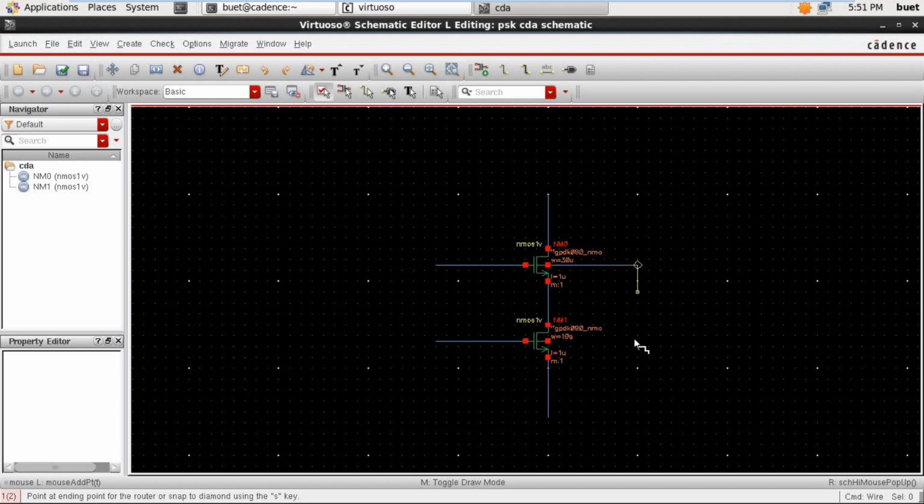In CDA, the two substrates will be connected to the VSS. So we are connecting the substrate to the VSS, both the substrates.